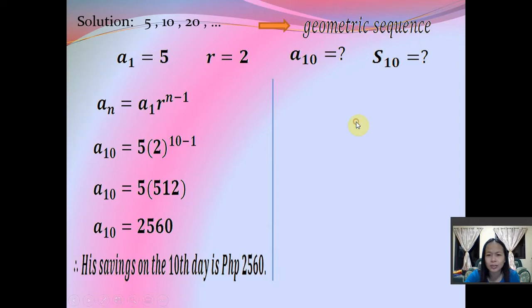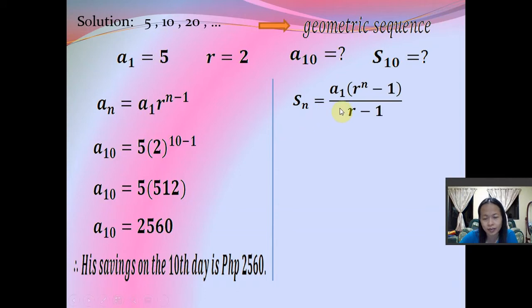Now, looking for the total savings for 10 days, the sum of his savings for 10 days. We will be using this formula, the geometric series, or the sum of the terms of a finite geometric sequence. So this one will be our formula to be applied for this problem. Next, we have our n is 10, since we are talking about 10 days. Our first term here is 5, and our common ratio here is 2. N is the number of terms, 10, divided by r, which is 2, minus 1. Simplifying this expression,